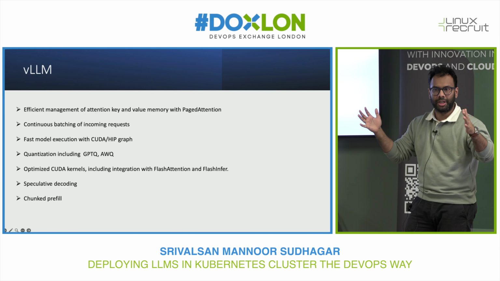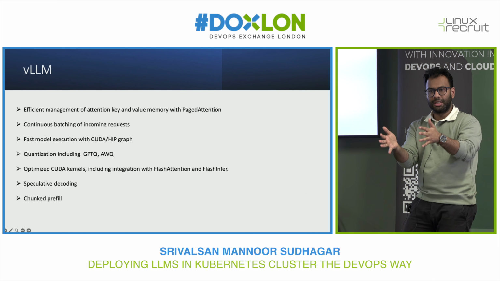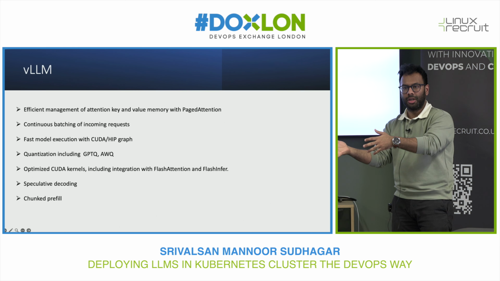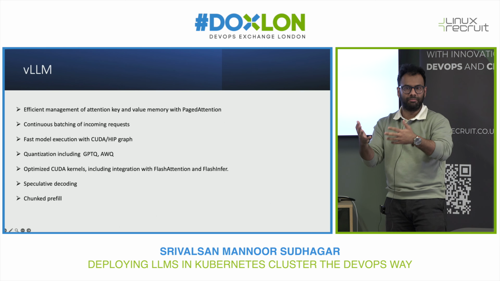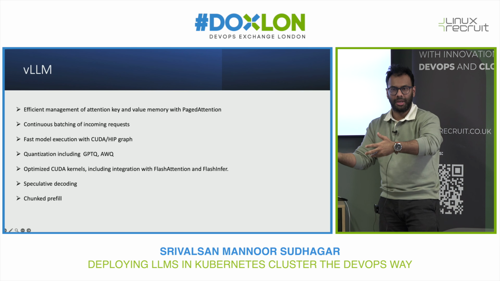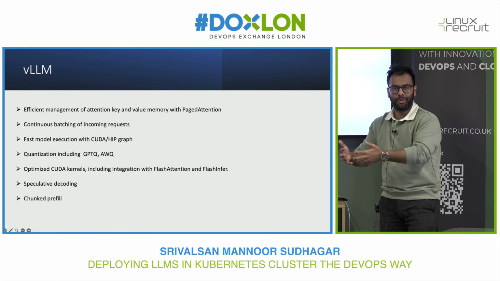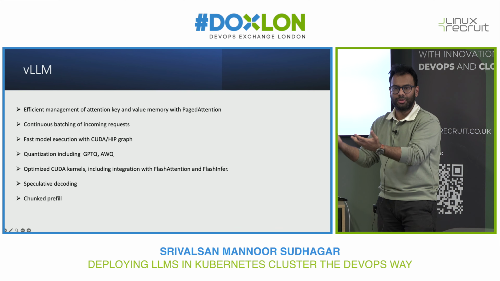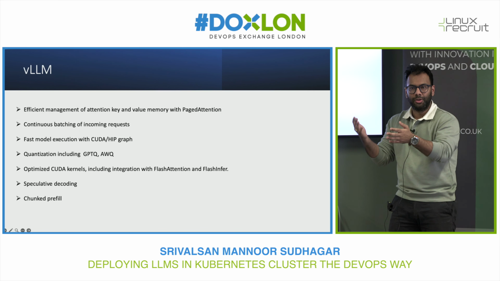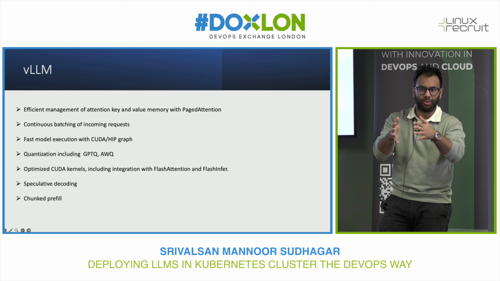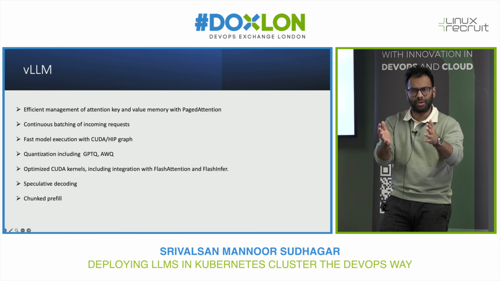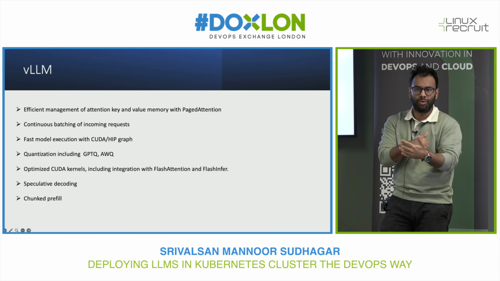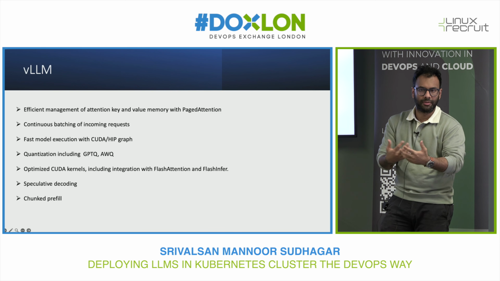Quantization is essentially how you shrink your models in such a way that you can host them on a much smaller device. For example, if you have to pick GPT-4 and run it on our machines, it's never possible because it needs extensive GPUs. So quantization is a mechanism where you can efficiently pick and choose the salient weights to make sure that you can shrink the model and run it on a much smaller machine for efficient purposes.